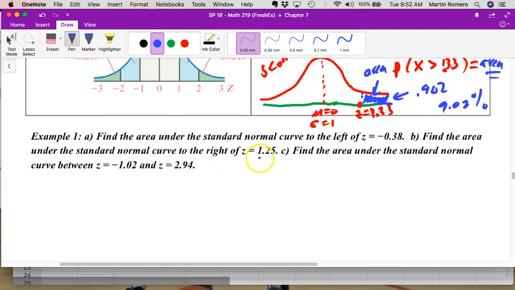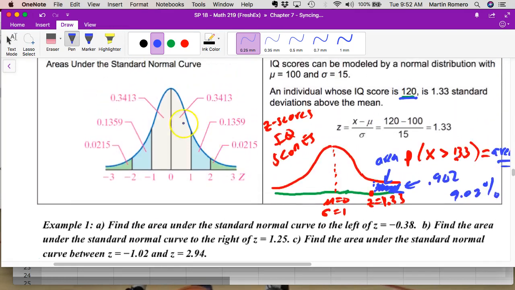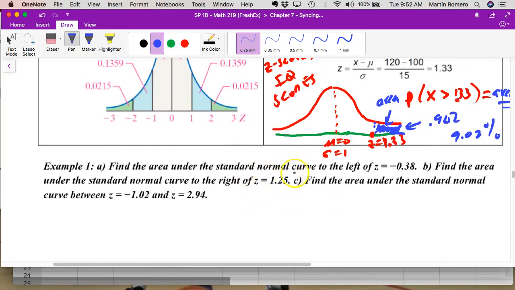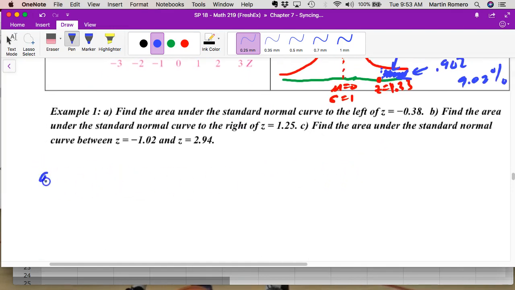There's no context, it's just answering a question. So find the area under the standard normal curve. This is the standard normal curve. It's the z-scores. To the left of z equals negative 1.38. So for part A,